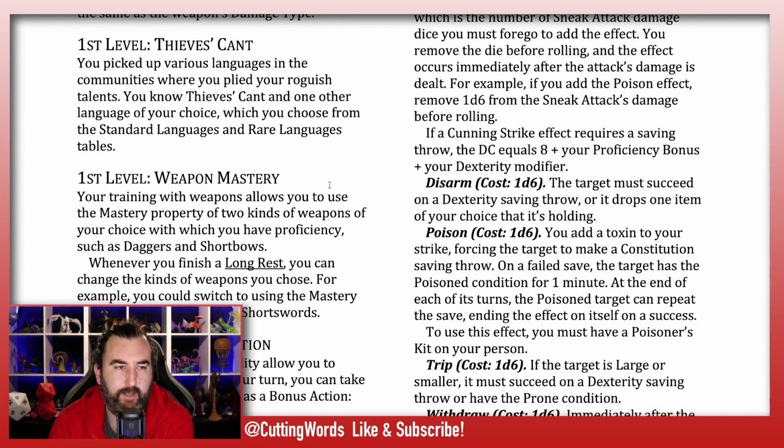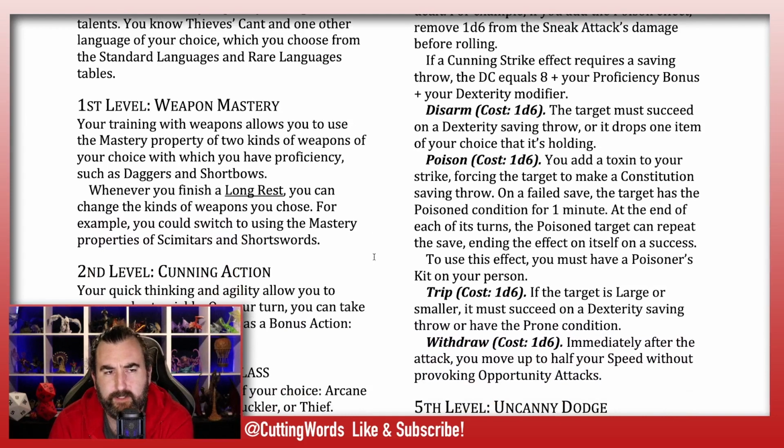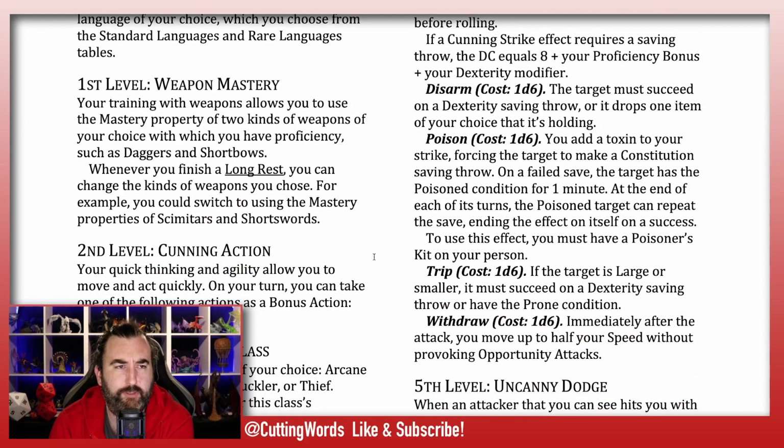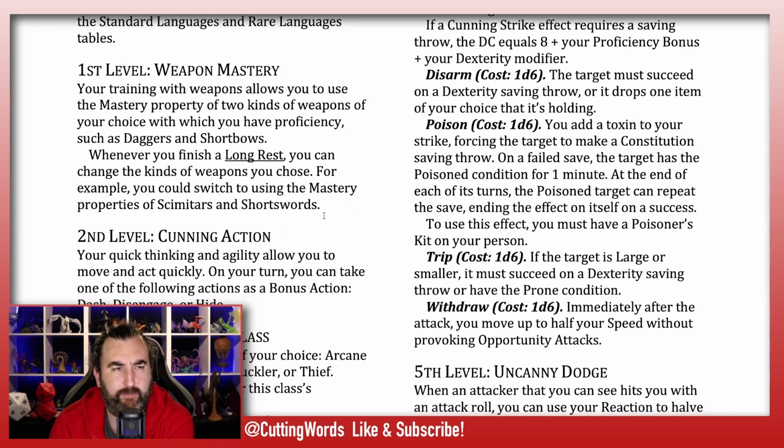Also at first level, you get Weapon Mastery. Your training with weapons allows you to use the mastery property of 2 kinds of weapons of your choice with which you have proficiency, such as daggers and short bows. Whenever you finish a long rest, you can change the kinds of weapons you choose. For example, you could switch to using the mastery properties of scimitars, and short swords. So they got some weapon mastery things there for the rogue,